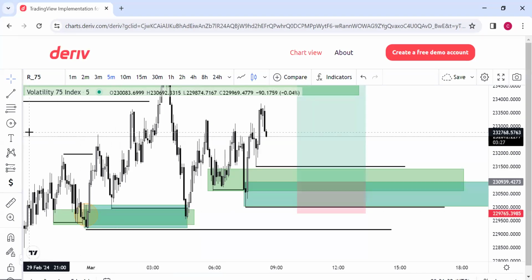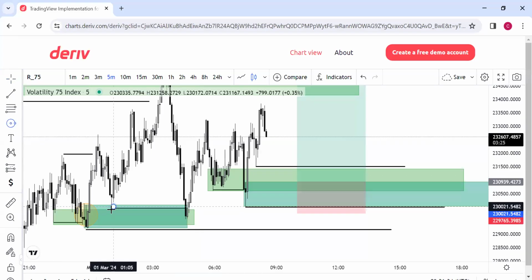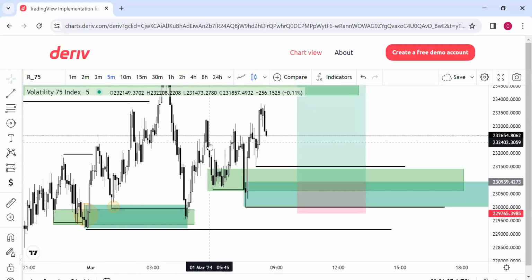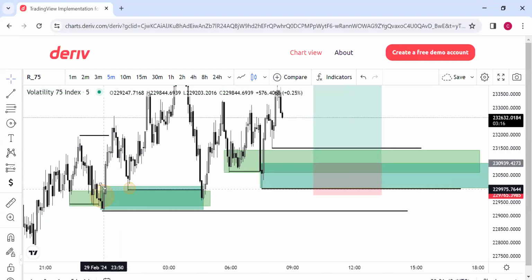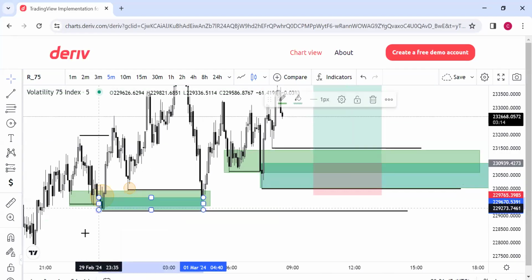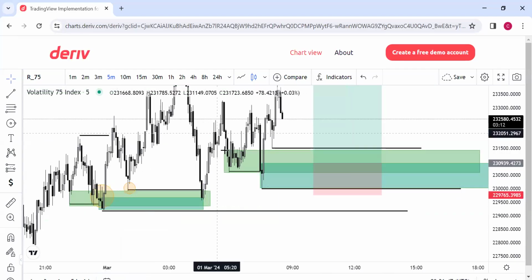See, this was where it was mitigated. It was used here, and it came back here. Then it did this buy. So I don't trade something like this. To me, this demand level is invalid. But if the demand level was just here like this, and price gave me this confirmation, I was taking this buy.